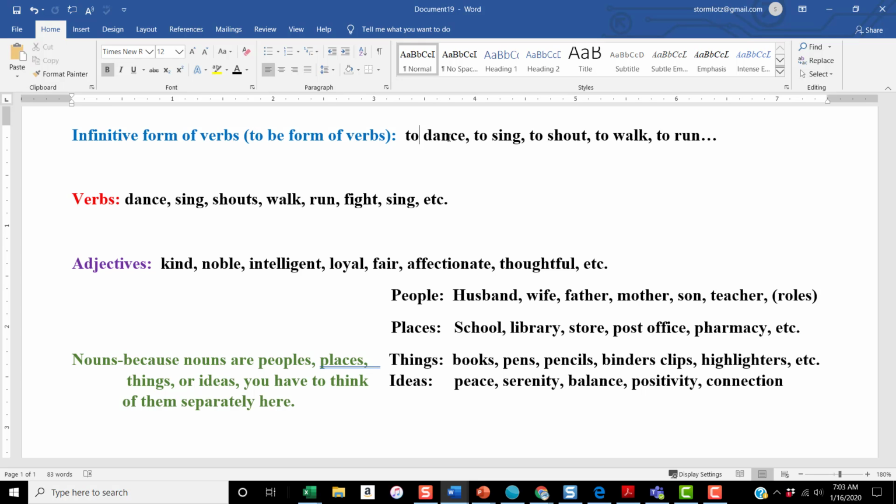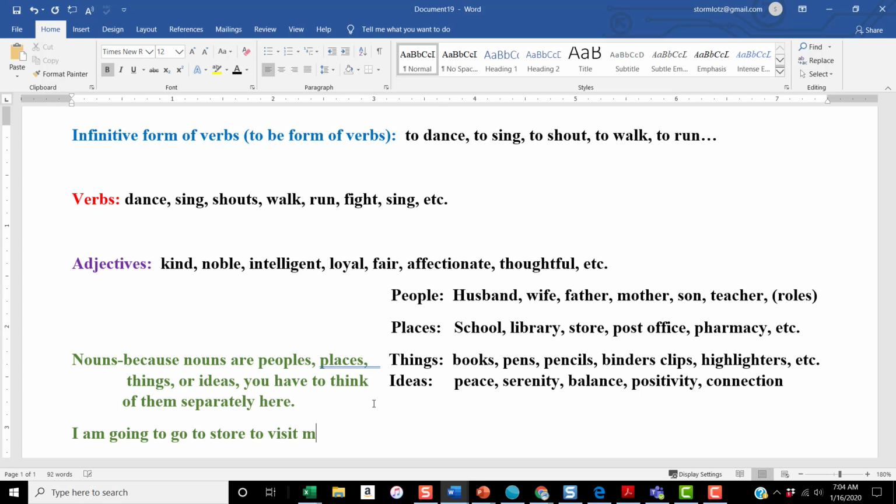And then nouns are a little bit more tricky when it comes to parallelism because we're talking about people, places, things, ideas. And here is one of the few places where we really separate nouns, and we have to talk about people and group those together, places and group those together, and things. So, for example, if I'm talking about going to the store, I'm not going to say, hey, I'm going to go to the store